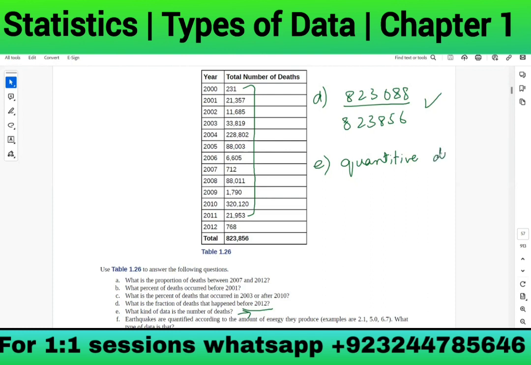Discrete, very good. Because deaths cannot be in points. We cannot say that 0.5% died. It's 1 or 2. It cannot be in decimals. It cannot be in fractions, okay? Now, next is earthquake,